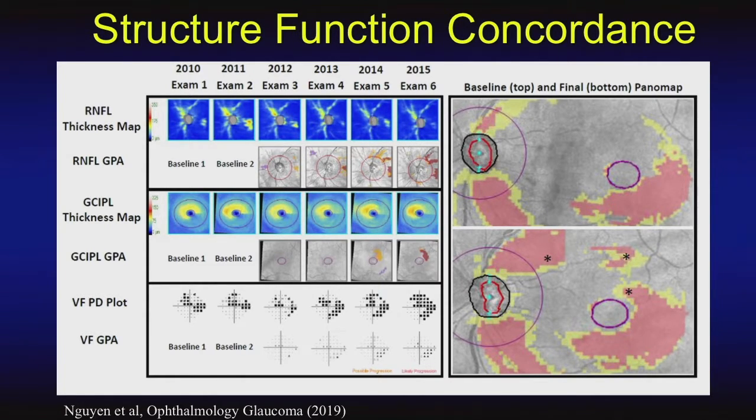And this is an eye with advanced glaucomatous damage, followed for 5 years with annual structural tests and annual visual field tests. Over the course of time, you see on the glaucoma progression analysis serial changes in the supratemporal portion of the retinal nerve fiber layer that did correspond nicely with the superior changes in the macular ganglion cell interplexiform layer, which did correlate nicely with the changes in the infranasal visual field. Looking at the baseline and the 5-year follow-up panoramic map, you do see those changes highlighted with the asterisk,